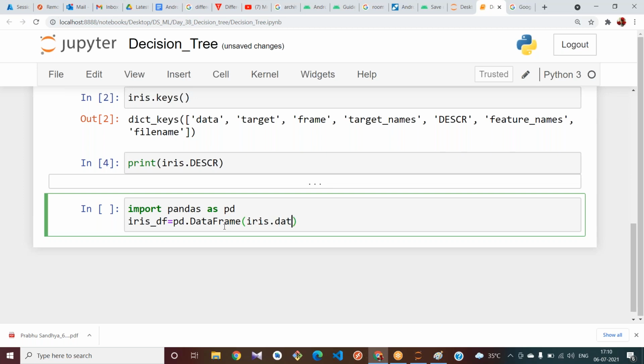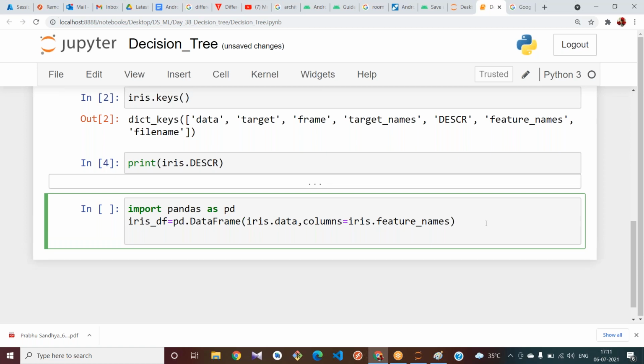Iris dot data, and columns equal to iris dot feature underscore names, since my column names are present under feature names. Let us see iris underscore df.